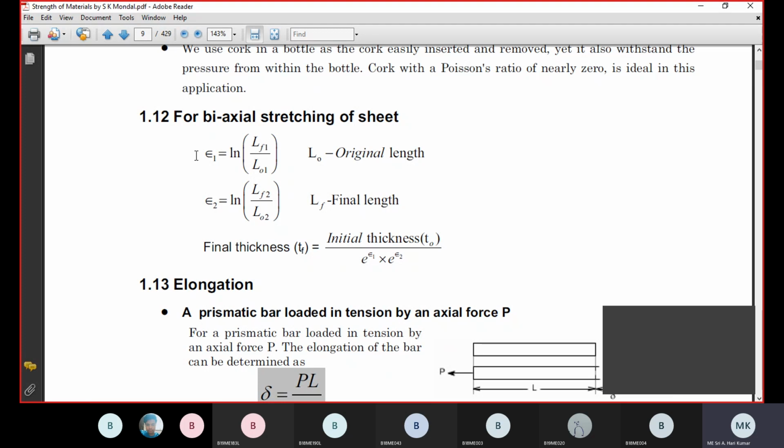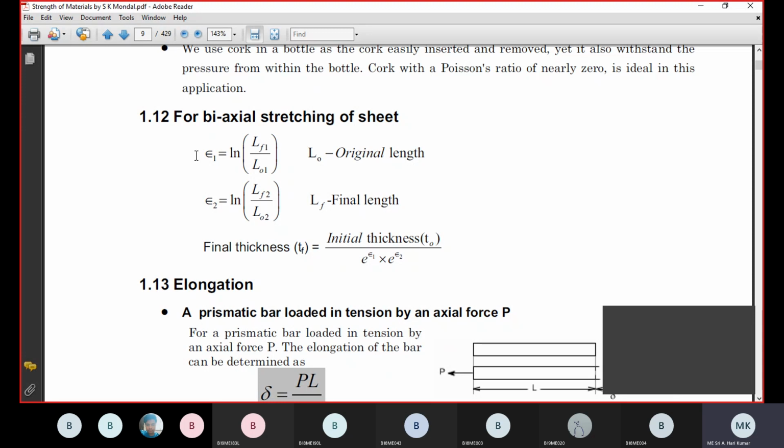So we have a logarithmic increment. That is why we take a natural logarithm. Normally there is a linear relationship between a change in dimensions and original dimensions. That's why we use a simple fraction. But when it comes to stretching of a sheet, there exists a logarithmic variation. So that's why we go with the natural logarithm. That might be the reason, I was just browsing through why we use a natural logarithm. That is the reason I could find from some of the articles.